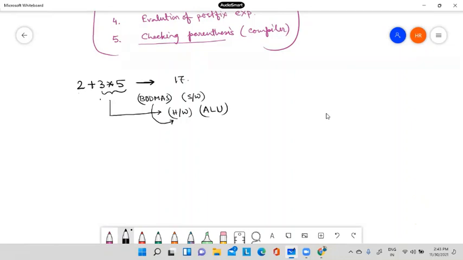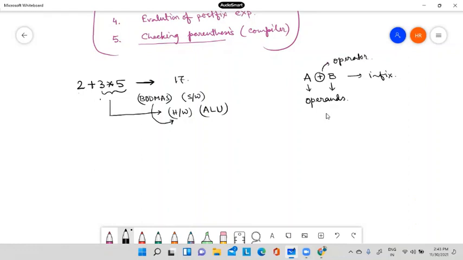Okay. So now, if we write anything in this form, this is called infix. Why is this called infix? This is called infix because these are called operands, and this is called operator.